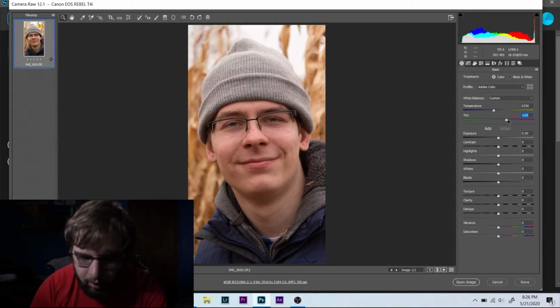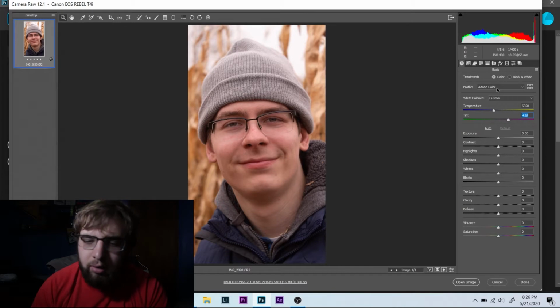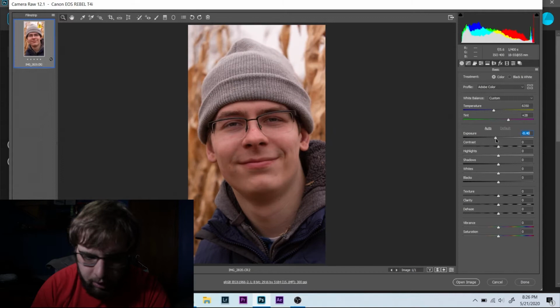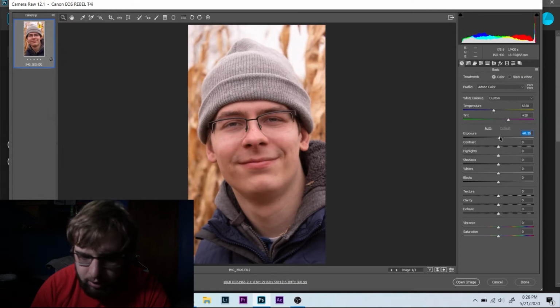So I'm going to make it a little bit more purple, but I will go into my colors later and correct that to take a lot of the purple out, just so it's not purple or green. I'm going to take both the purple and green saturation down a little bit later. Screw around with your exposure. I'm going to make mine just a little bit brighter. That's probably there. Play around with your exposure, get the exposure how you want it, and then go into your